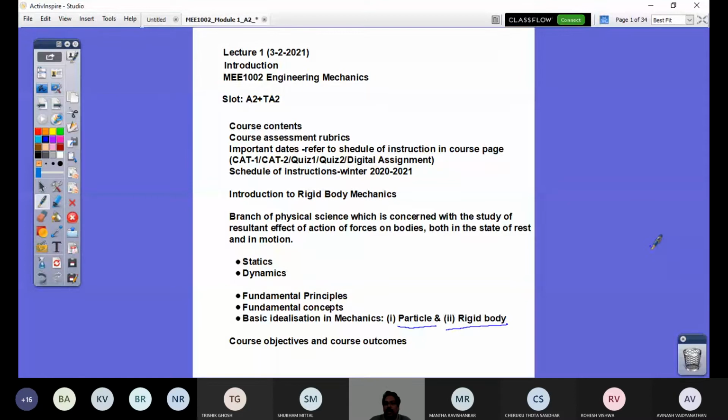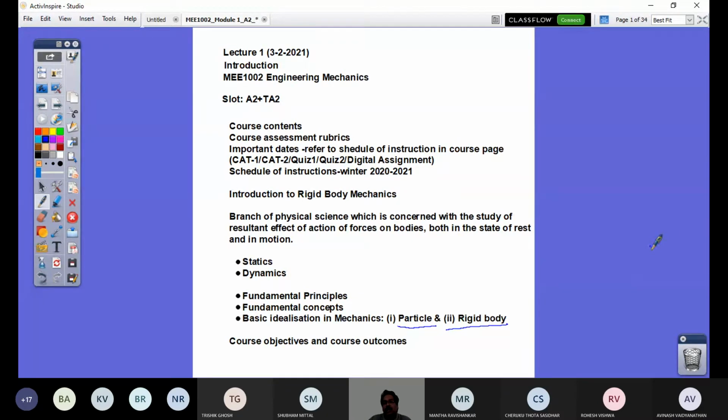Yeah. And rigid body ideology, wherein we cannot neglect the physical geometry. That's exactly what we have seen, that for a design of a tire wheel assembly and requirement of its design, we cannot neglect the small wheel dimension. So you require the forces where exactly they're acting on a rigid body. So these are the two basic important ideologies.